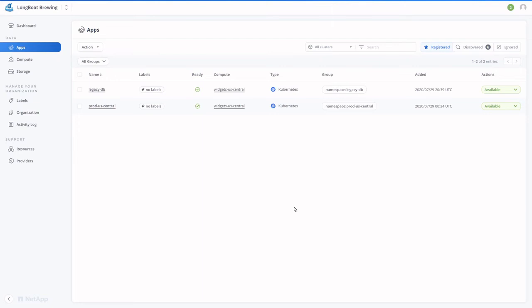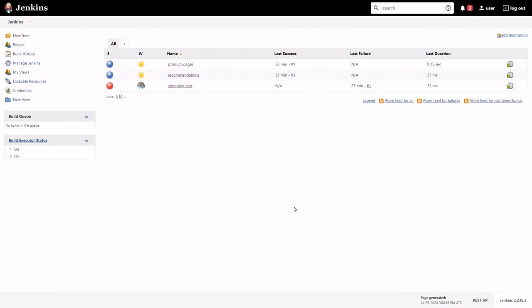So if I switch tabs over to Jenkins, I can see we have some pipelines defined for a mock e-commerce site here. We have product pages, recommendations, shopping cart. There's an error with shopping cart. So we could maybe move this whole system over and start tweaking some of these pipelines, maybe redefining them, maybe just explore what's going on with shopping cart, and if there's a way to re-architect things such that that error